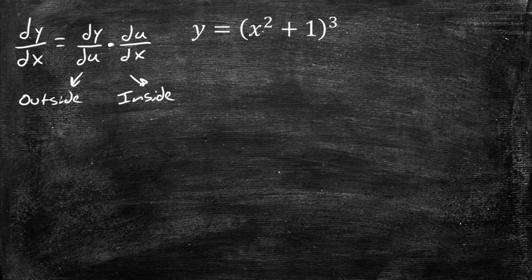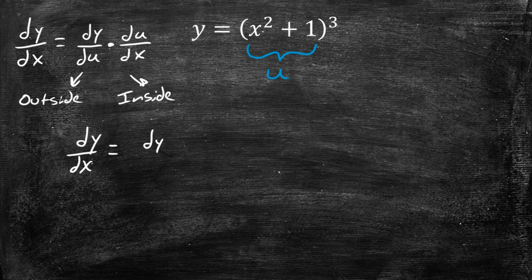Okay. So the way we do this is we're going to set something equal to u to make our derivatives easier. So I'm going to go ahead and set the inside portion here equal to u. That's going to be our u value. All right. So if we were to look at our formula, what we'll have is the derivative is equal to